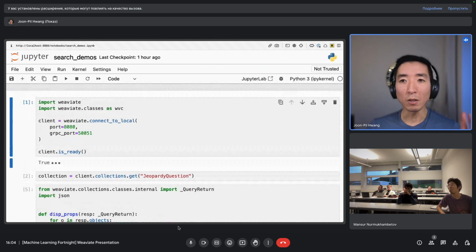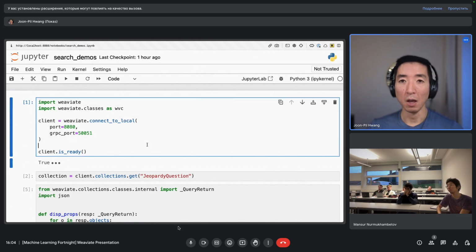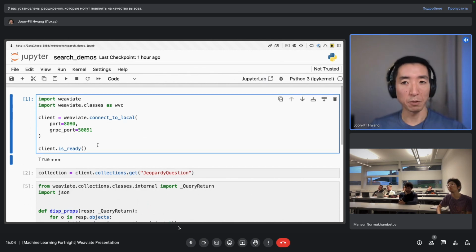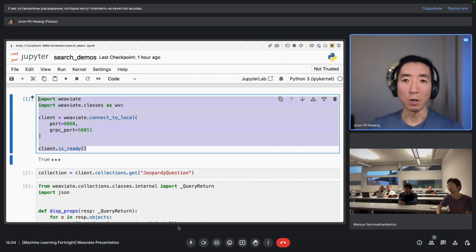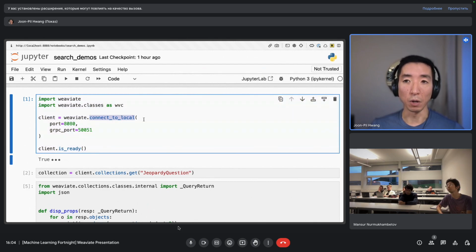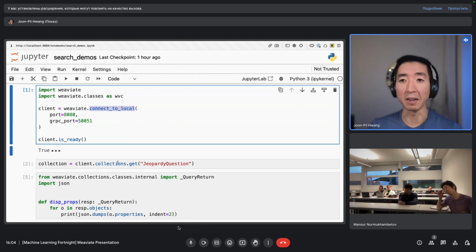Cool. So what I'm doing here is going through some different search types so I can get a feel for what the results look like given different searches. I think this notebook's still running. I've created some helper code, or at least some instantiation code, so I don't bore you with that. All I'm doing is connecting to a Weaviate instance, a local database that I'm running on my computer, connecting to localhost under these ports. Don't worry about any of these details.